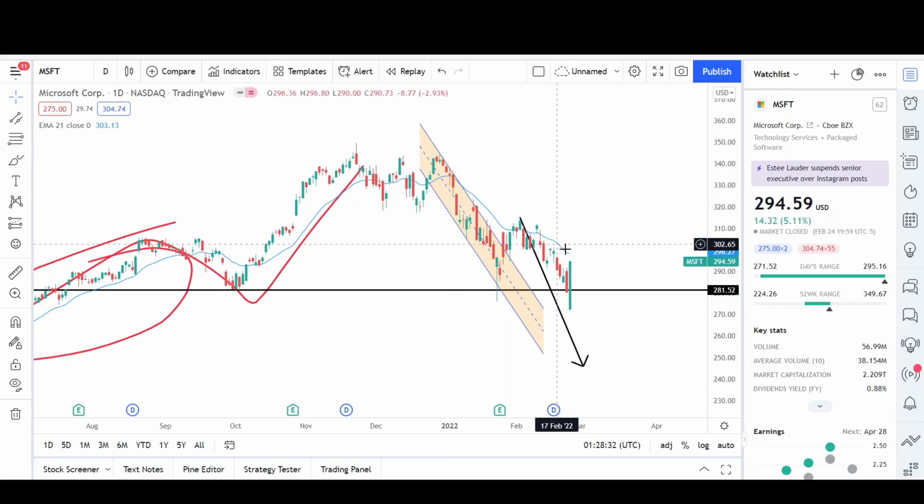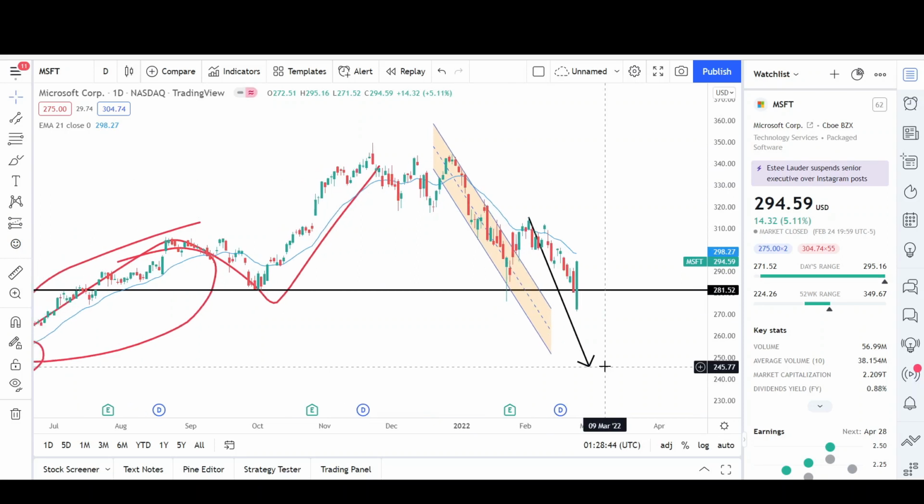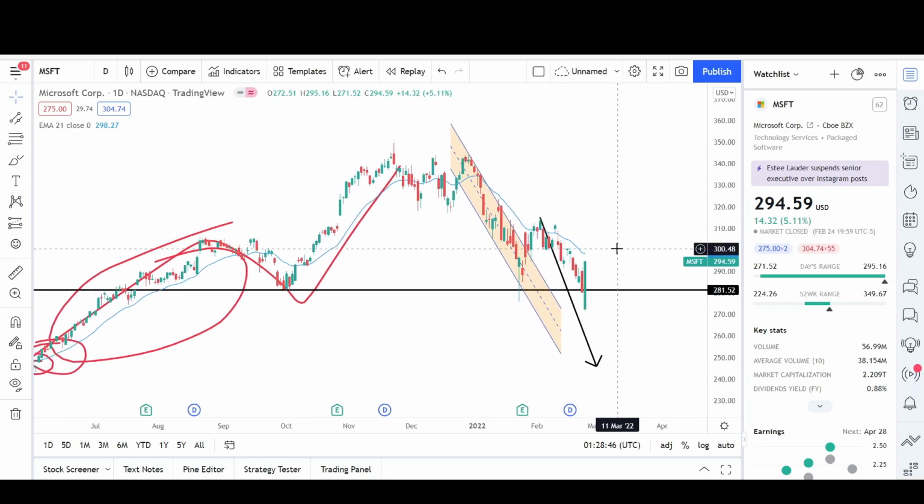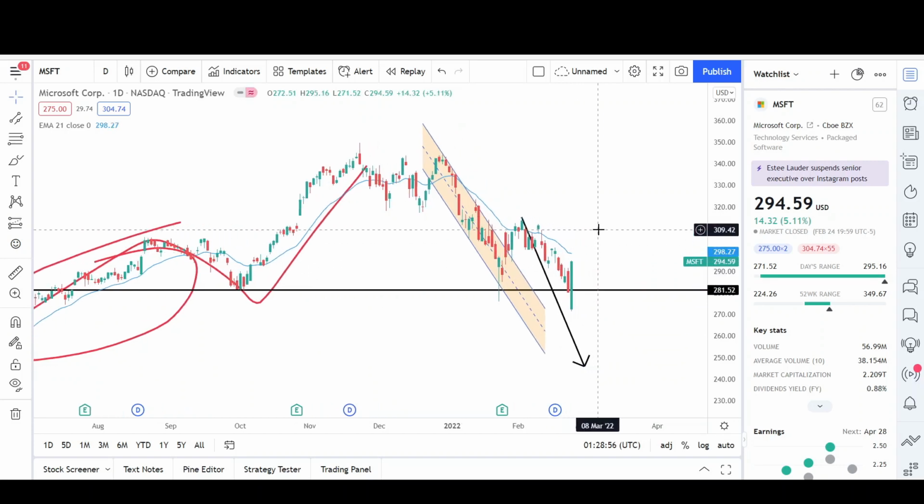For the bears, we are below the EMA. Just because we had a breakout outside of a channel, that doesn't mean we're going to see a reversal right away. We could also be in a spike and channel. The measured move target hasn't been reached, and just with all the tension going on in the world, it's hard to say. It's just hard to be bullish right now. I'm just a little more leaning towards the bears, and they still have a chance to continue to push down the market,